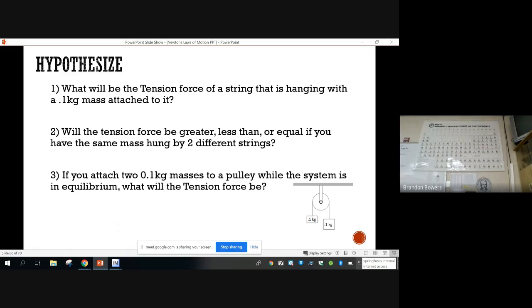All right. So, what will the tension force of a string be if it's hanging a 1 kilogram mass attached to it? If we look at this type of problem, what is the tension of a string if you have